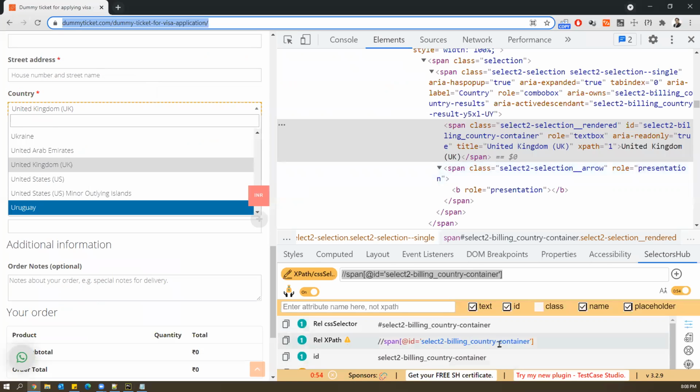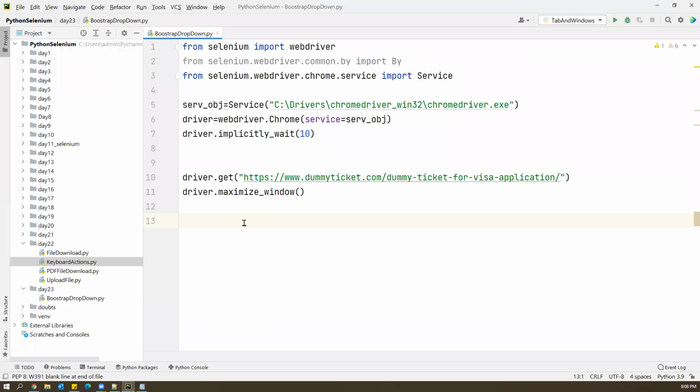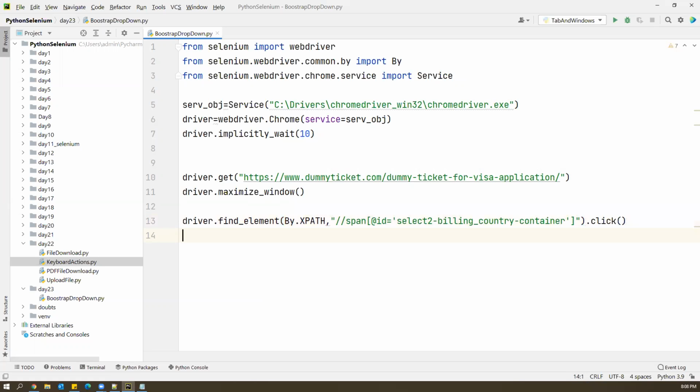And then let us get this XPath, and I'm directly handling this element. Rest of the elements, you guys can try. I am directly handling this Bootstrap dropdown. So first of all, we need to perform the click action on that element. So I say driver.find_element(By.XPath), specify that XPath, .click. Okay, so this will perform the click action on that element,